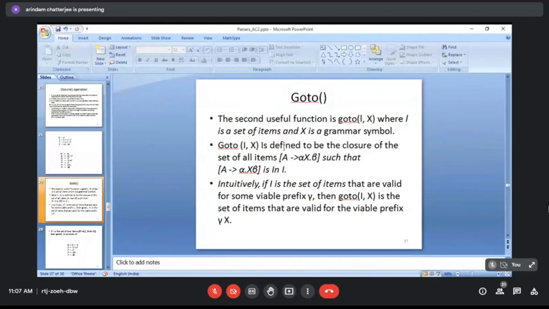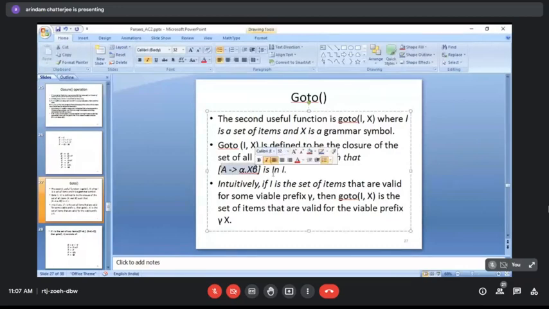Then goto I, X will take us to, so if in I we have a rule A producing alpha dot X beta, then goto I, X should contain A producing alpha X dot beta, because we are shifting on the X symbol. So intuitively, if I is the set of items that are valid for some viable prefix gamma, then goto I, X is the set of items that are valid for the viable prefix gamma X. Okay, so you add X and still it is a viable prefix.